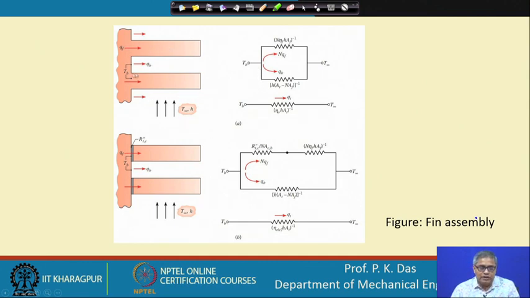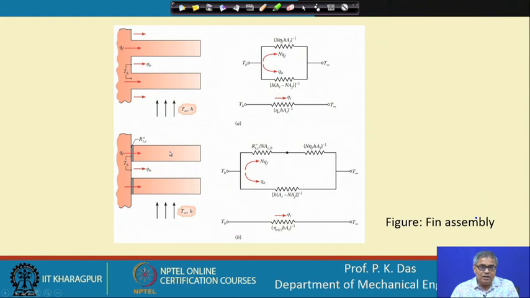In this case I am showing that there are a number of fins. So, there will be some temperature at the fin base, and these are different resistances. One resistance will be provided by the fin and another resistance will be provided by the surface area in between the fins, that unfinned surface, the primary surface. So, we can make some sort of a thermal circuit like this. These are parallel paths. Heat can flow through this, heat can flow through this, means heat can flow through the surface of the fins. So, for understanding, one can have a thermal circuit as it has been shown over here.